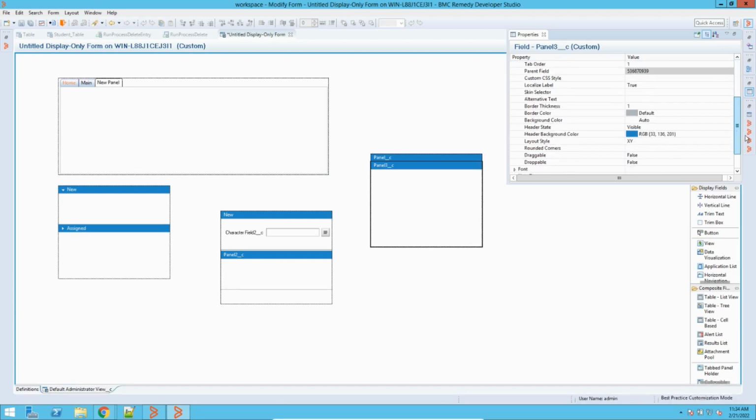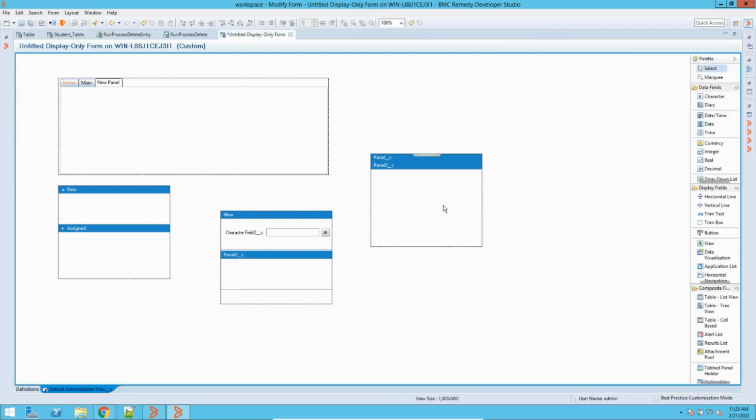Now let me see more properties on the panel. Coloring we have already seen. You can change the coloring, you can give the permissions, and you can set the layout. People who are familiar with ITSM might have seen the navigations which were created. BMC has also used these panels sometimes to give you that navigation flow in the applications. So here also you can add these fields, and you can also have a layout.